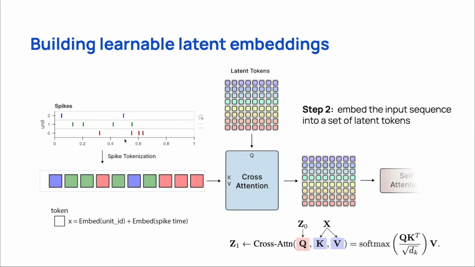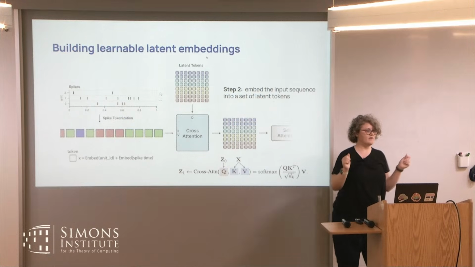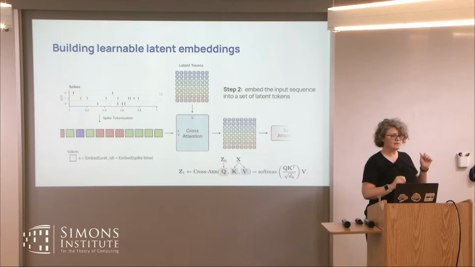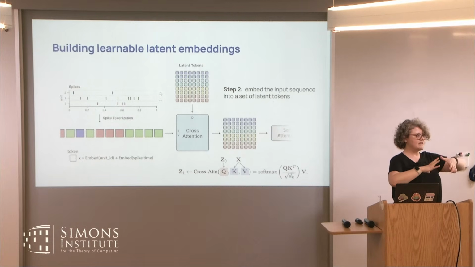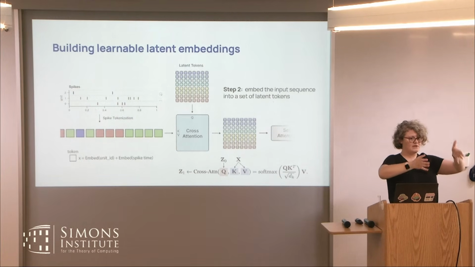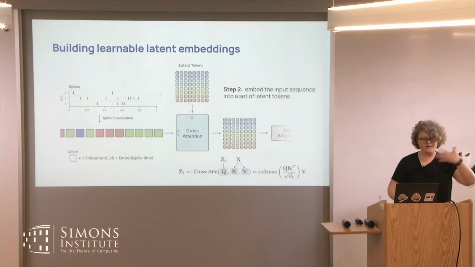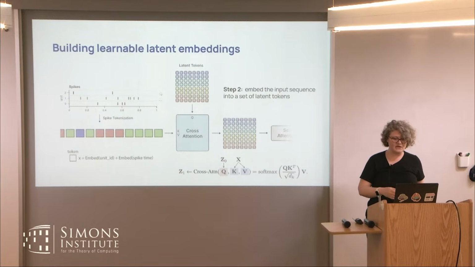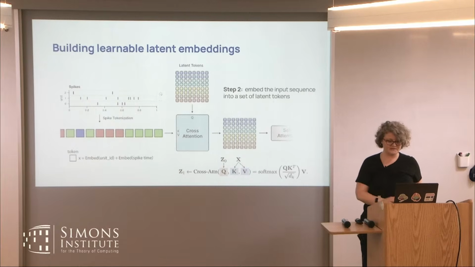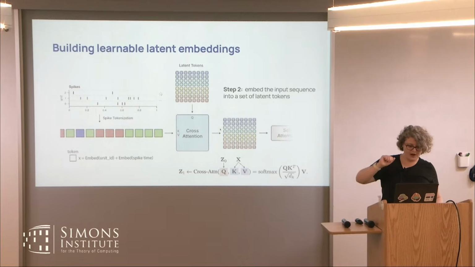And so we use the perceiver, which basically uses cross-attention between the input sequence of spikes and a set of learnable latent tokens that are spread kind of uniformly along the context window. So now our latent tokens can basically take these variable length sequences and compress them into a fixed length or fixed dimension. And then we apply multiple rounds of self-attention before reading out the final outputs.